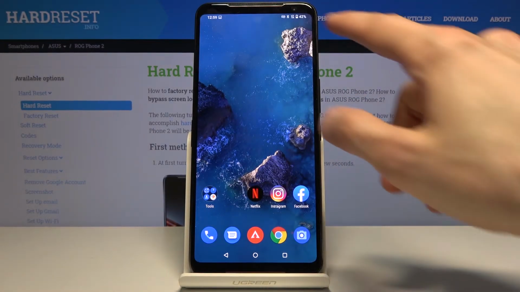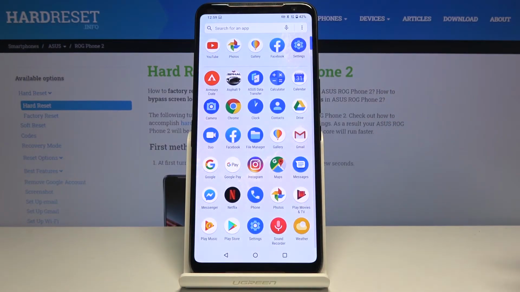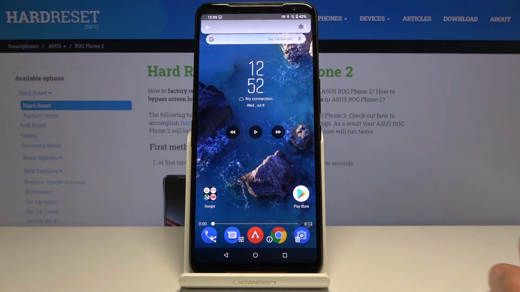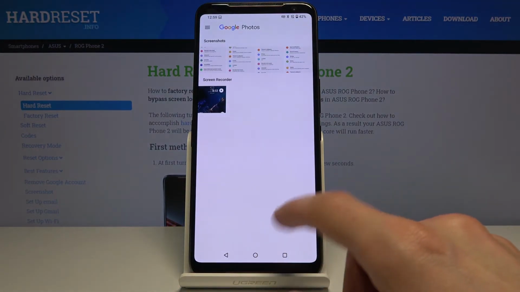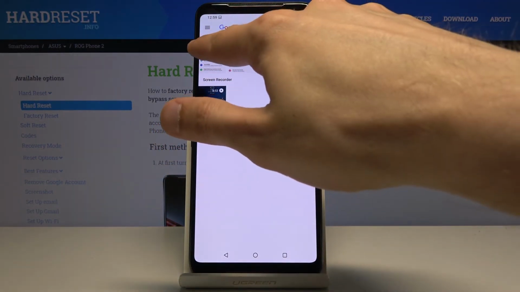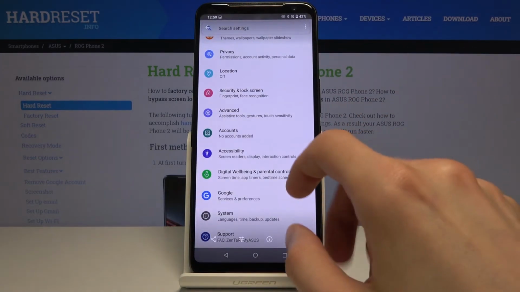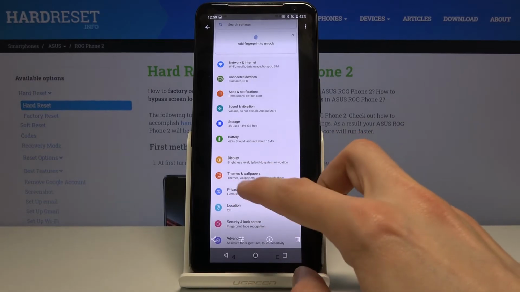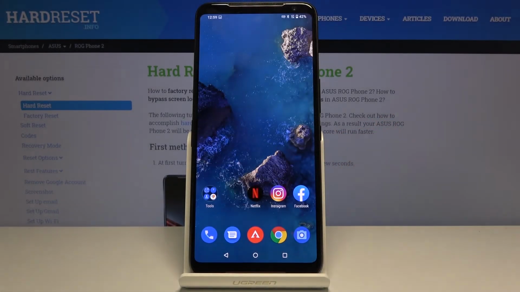Now both of those screenshots, or well, three of them I believe, can be all found in the photo app right over here. Let me just leave this, and you can see I created a screenshot section, and if you tap on it, we have all the screenshots in here that I have captured. So that is how you capture